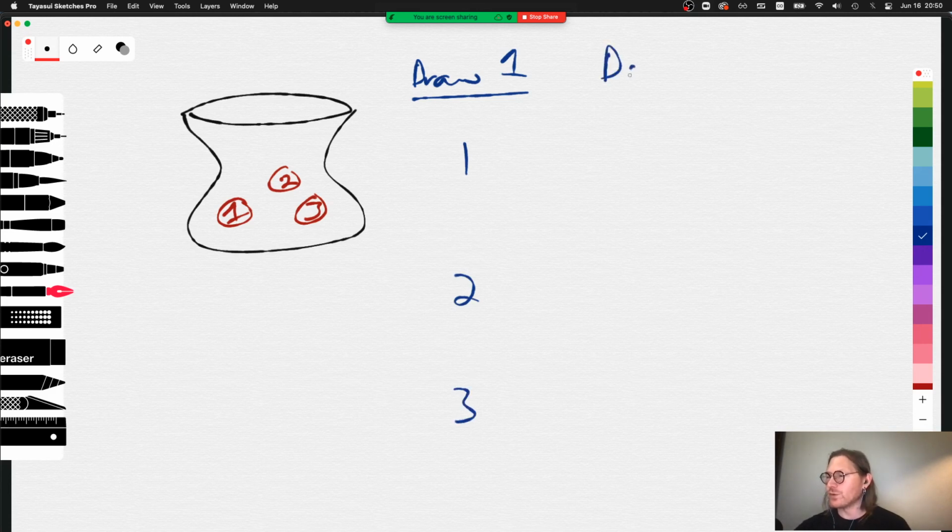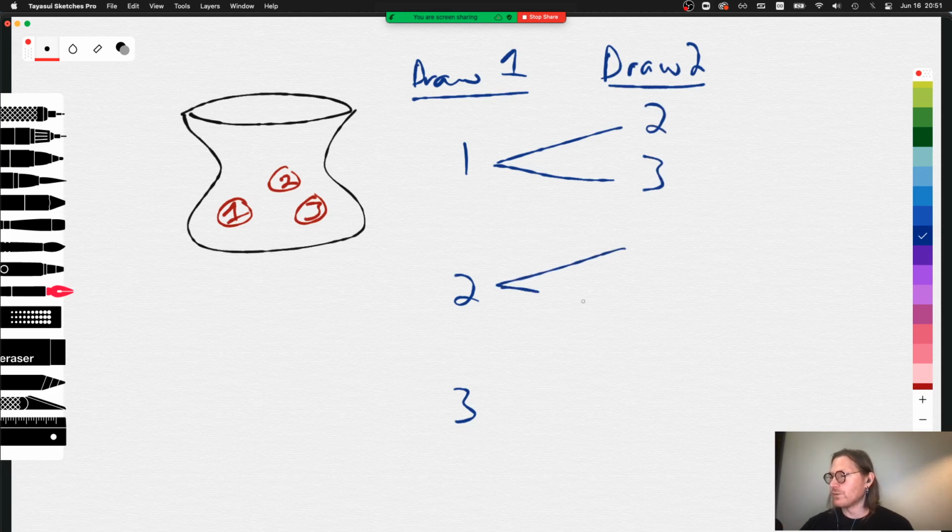And then we've got draw 2. We only have 2 options at draw 2, correct? So if I drew 1 on the first draw, I can either draw a 2 or a 3. If I drew a 2 on the first draw, I can either draw a 1 or a 3. If I drew a 3 on the first draw, I can either draw a 1 or a 2. And then